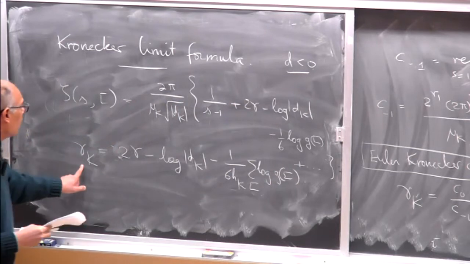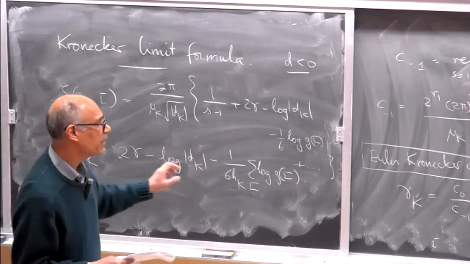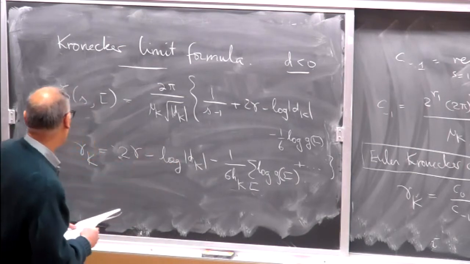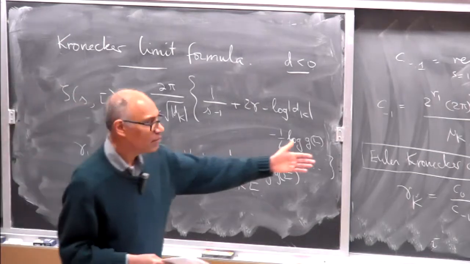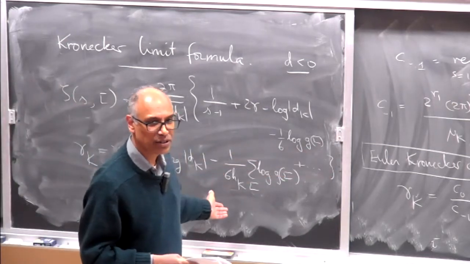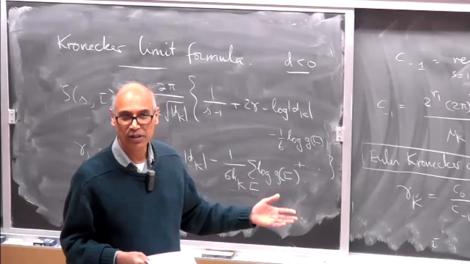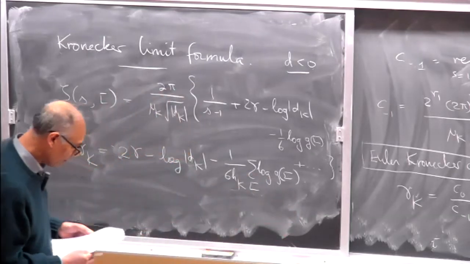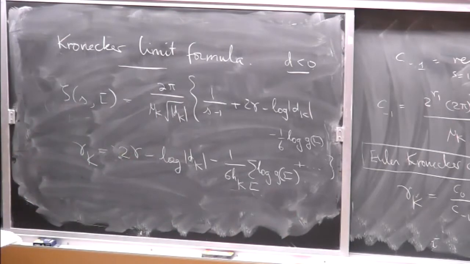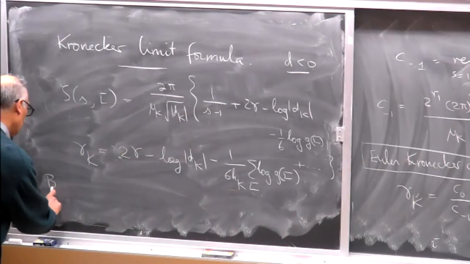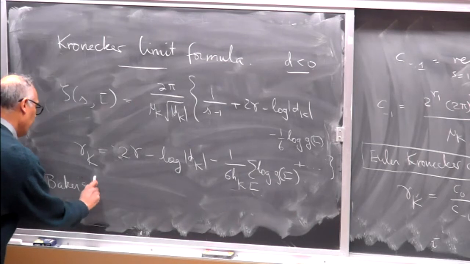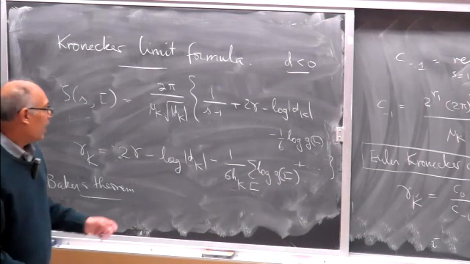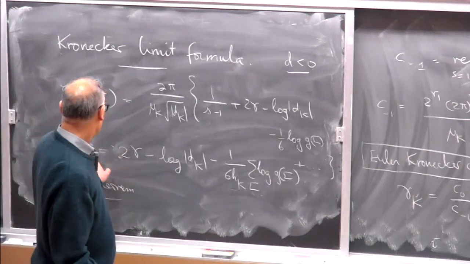Okay, so therefore, you have two examples where you can actually write down a formula, kind of, for this gamma k. And because those two examples are one studied by Euler and the other studied by Kronecker, Ihara thought it fit to call this the Euler-Kronecker constant. That's where the nomenclature comes from. I might remark here that you could apply a theorem of Baker to this situation and observe that,